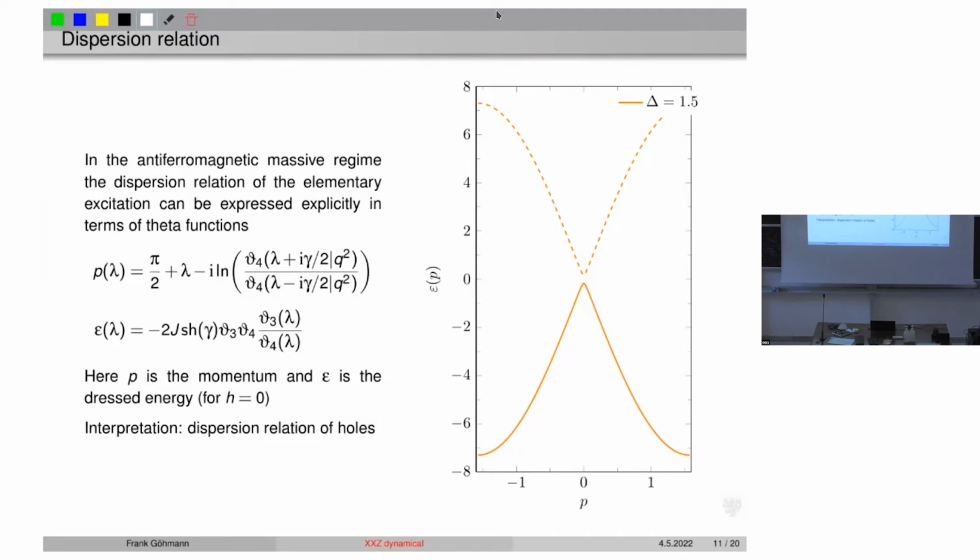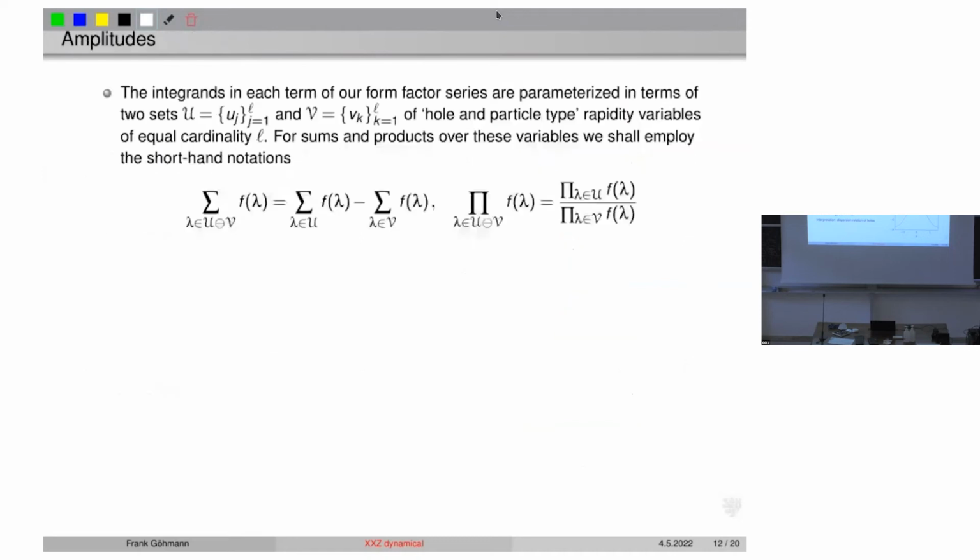So, some nice functions, and in particular you can plot it. And here you have epsilon of p, it's the solid line here. It's a dispersion branch of holes, and this is reflected. If you multiply by -1, you get the dispersion of the particles here. And as you see, you have a mass gap here, and delta is 0.5, which is already pretty small. When delta goes to 1, it closes, and you go to, say, the conformal case here. Okay, so for the,